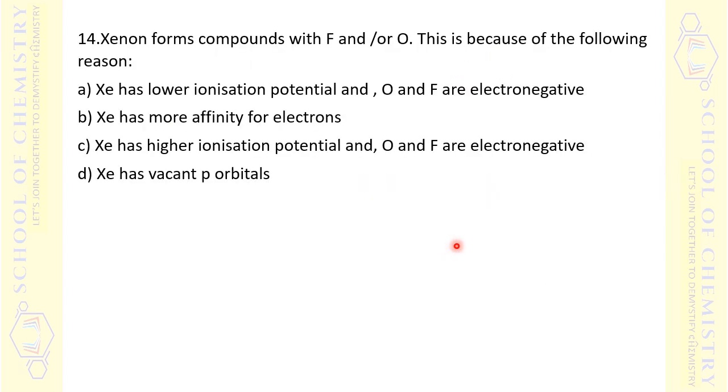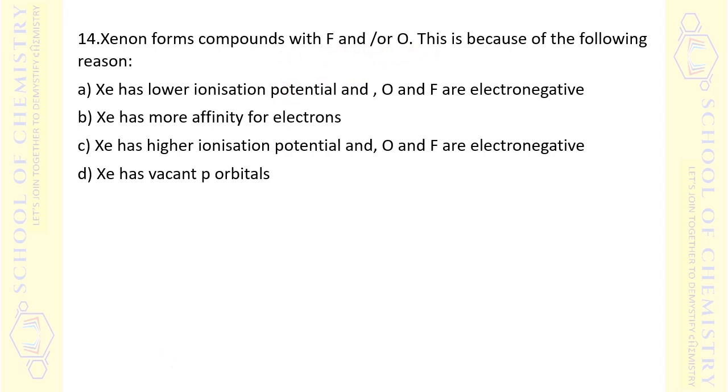Next question. So some facts they have given, and regarding this statement, we have to identify the correct fact. Xenon forms compounds with fluorine and oxygen. You might have studied interhalogen compounds and compounds of noble gases and all. Xenon is the most common noble gas which can form compounds with fluorine as well as oxygen. So if you ask for the reason for this,